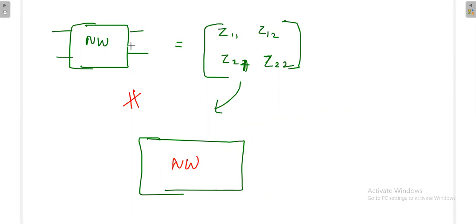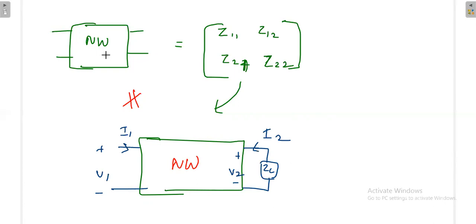Okay, so what is the idea here? You have some network, and somehow you write the two-port parameters, that is the Z parameters. Again, from these Z parameters I can construct one new network. That new network will simulate the function of this network, because what I am interested in at the end of the day is, I give some voltage, then what is the current drawn from it? I connect the same load, whatever load is available here, and then the performance at the output side will remain the same.